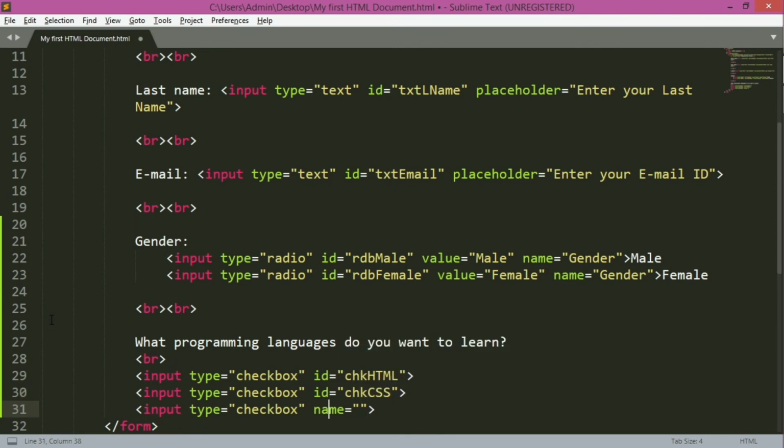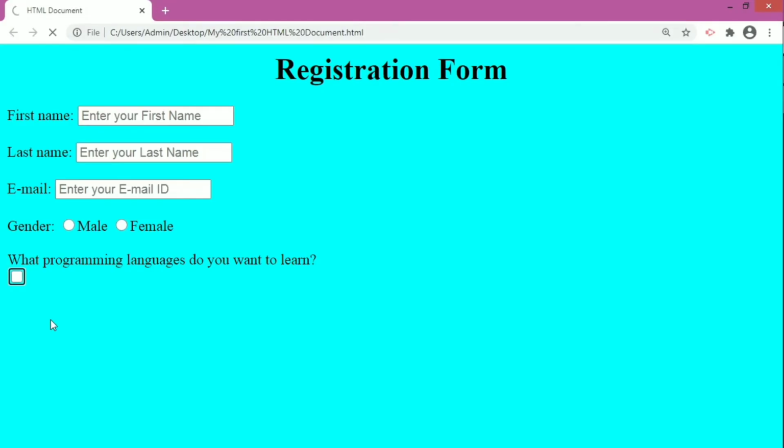And in the next line, again let me remove name and type id, and then let me give the id as chk javascript. Now let's save our changes and refresh the browser. Now you can see that there are 3 checkboxes appearing, and we can select multiple checkboxes.